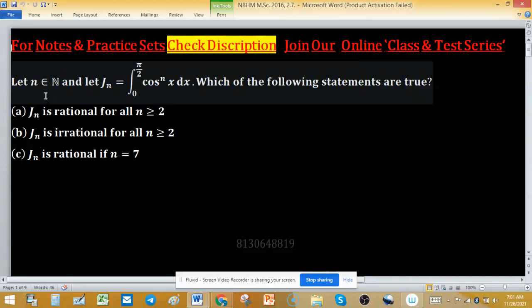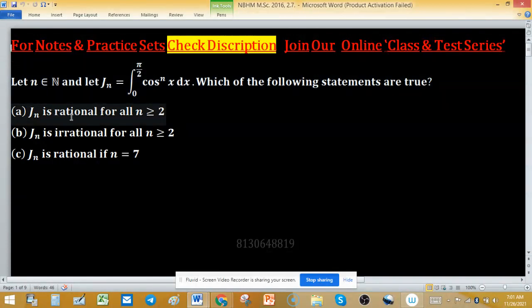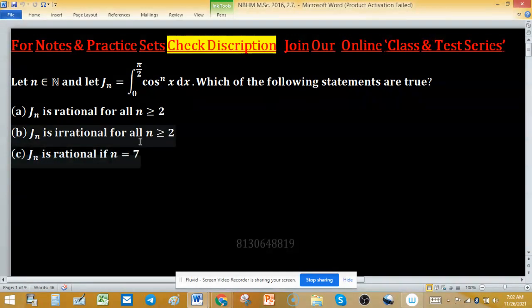Let n belongs to natural numbers and Jn equal to the integral from 0 to pi by 2 of cos^n x dx. Which of the following statements are true? Jn is rational for all n greater than or equal to 2. Jn is irrational for all n greater than or equal to 2. Jn is rational if n equal to 7. So first, come to the point: